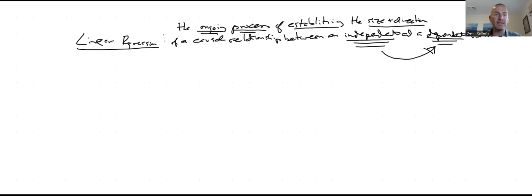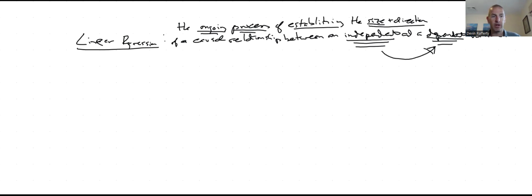So in other words, the size. How much does this thing impact this thing? Is it a lot? Is it a little? Is it an enormous amount? Is it not at all? How much does this thing impact this thing? We are going to look at how to figure out the size